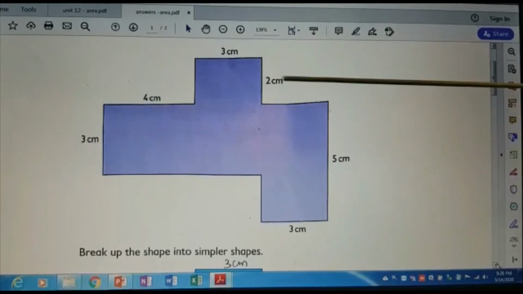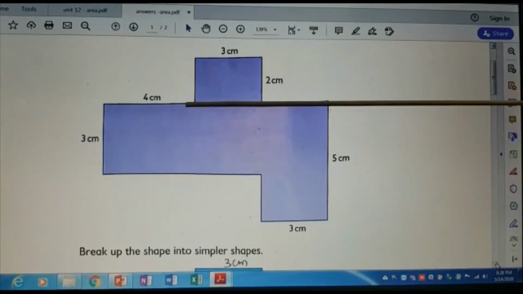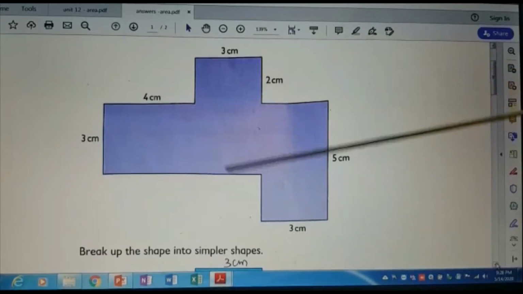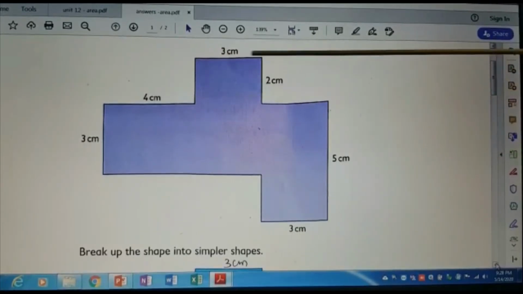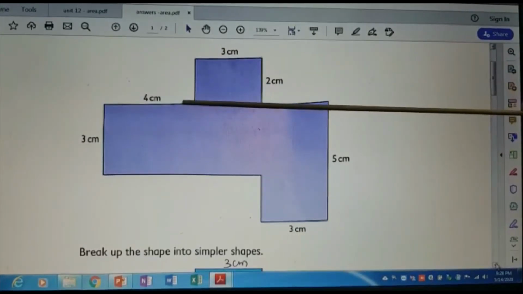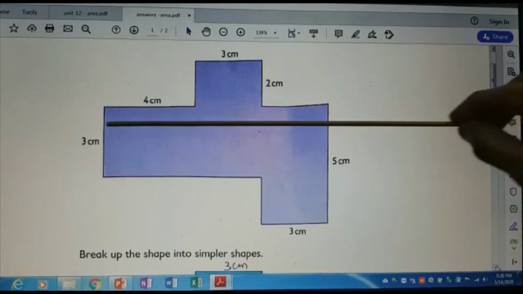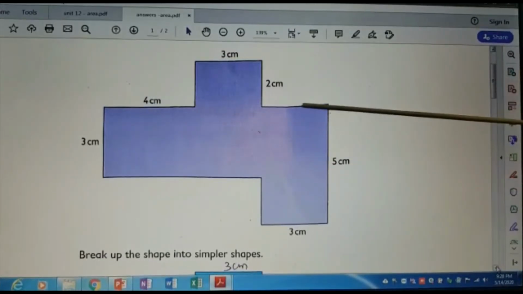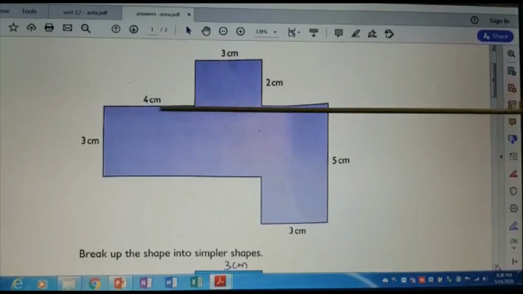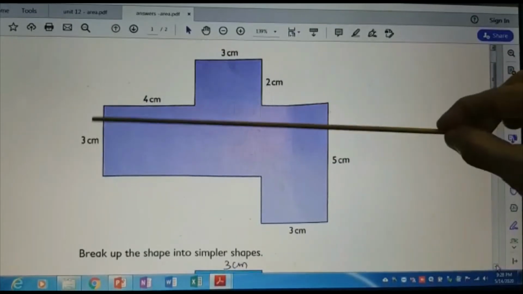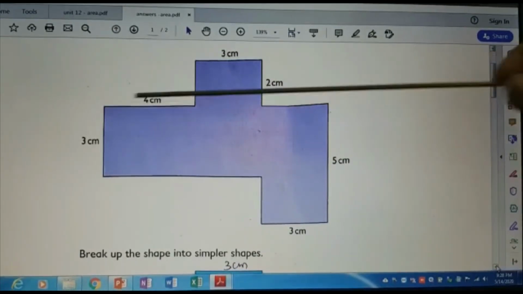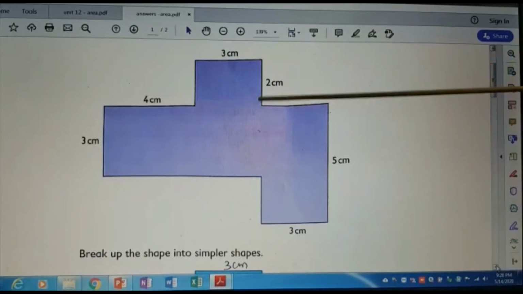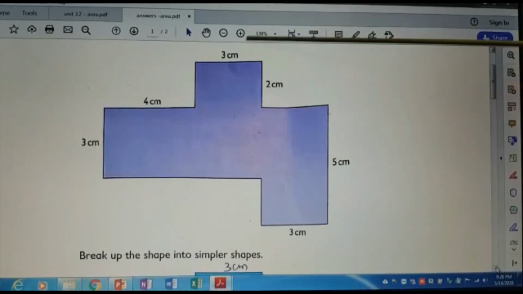I am dividing the shape into 3. So here if I divide like this, I know this is A, B and C. This one, I know the length and width. So no problem, I can find the area. And this shape, I am dividing like this. So this is a long rectangle. So the length is what? 4 plus 3 plus 2. Is it? From here till here, then here till here, then here till here. That means I just need to add these 3.